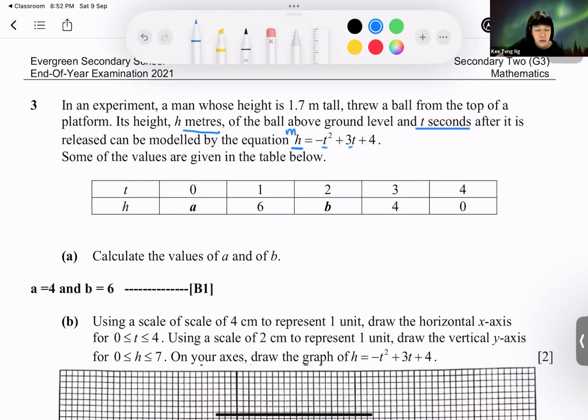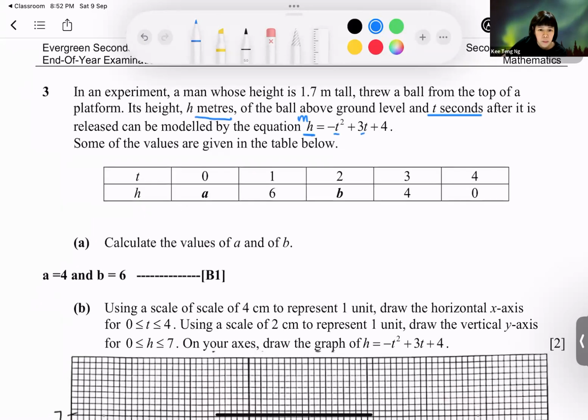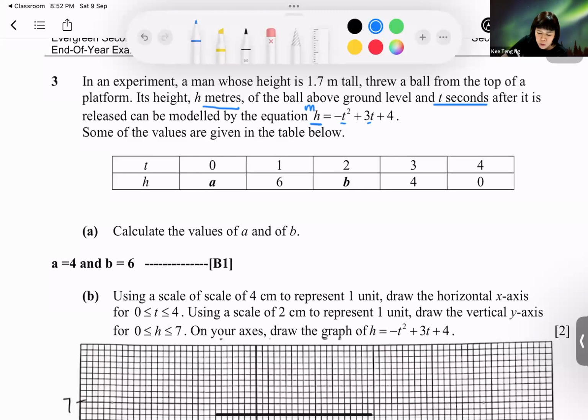Okay, so these are the answers over here we find. And you notice I plug in my numbers, I can find A equals to 4 when t equals 0. 2, be careful, this is negative 2 square plus 3 times 2 plus 4. Your calculator probably, when you write negative 2 square, it still works fine because the square is only for negative